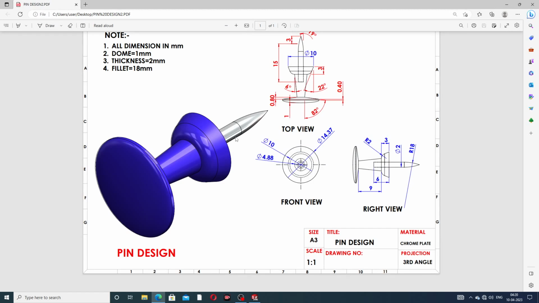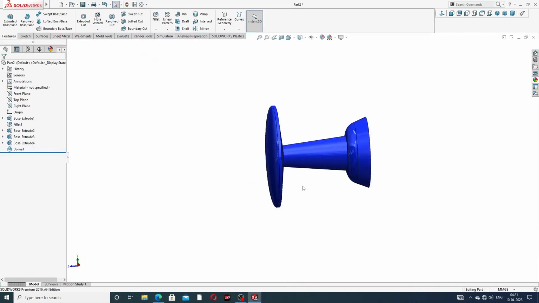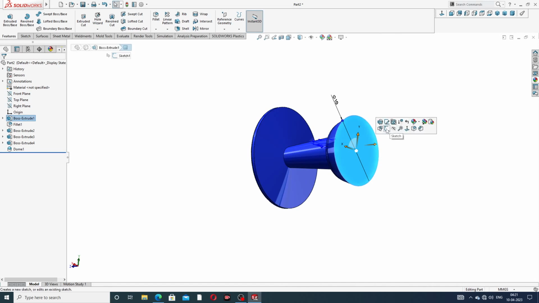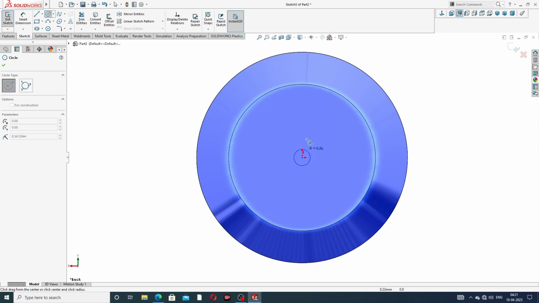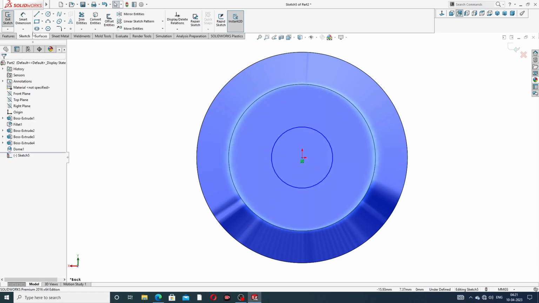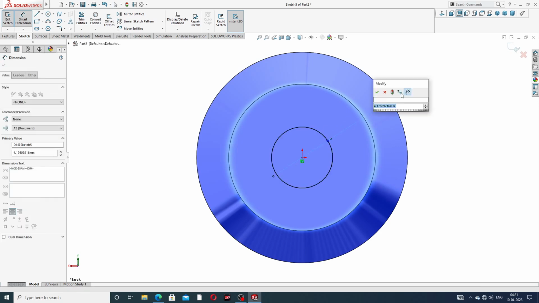And the next point is the pin being drawn here, and some important points. This pin diameter is 2 millimeter, and at first drawing this inside is 6 millimeter, and outward is 15 millimeter, and again 3 millimeter is 90 degree. Okay, draft is available here. At first select this face sketch, normal, and draw a circle, and this uses a 2 millimeter diameter,